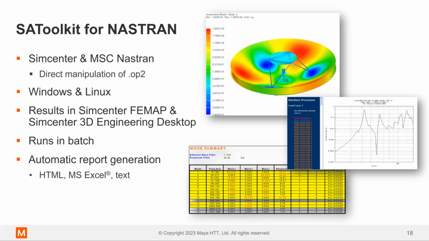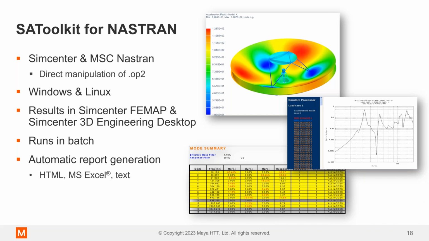Now, the structural analysis toolkit, what I'll primarily be talking about today, is for SimCenter and MSC Nastran. It directly manipulates the OP2, the results files, so it gives you results. You can look at the results in SimCenter FEMAP or SimCenter 3D.